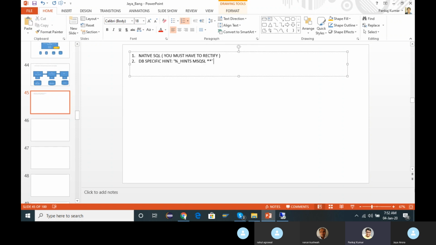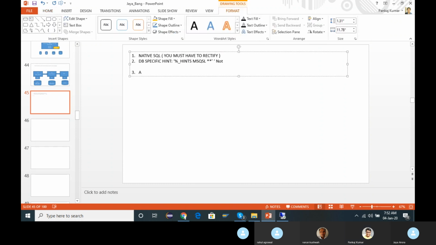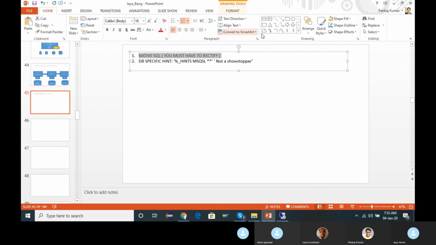It will not be a showstopper and will not create any problem, but it will not work and will not be effective either. This you must take care of. This is very, very critical.